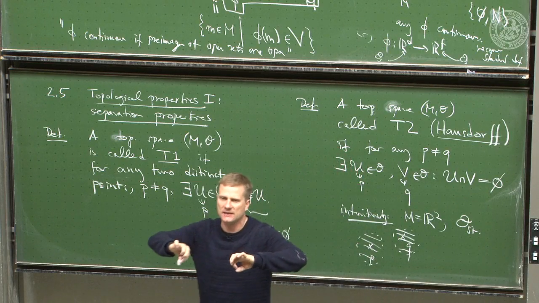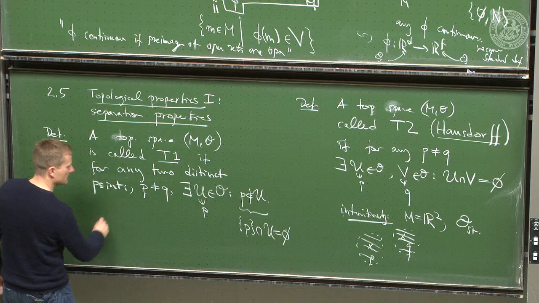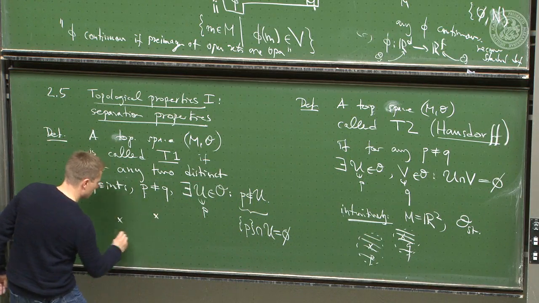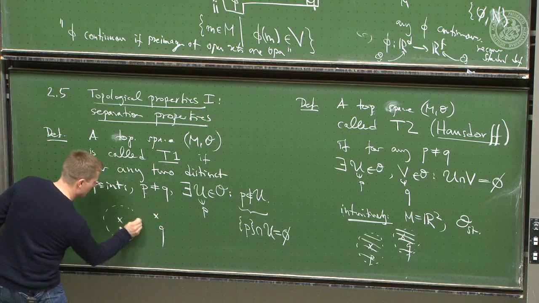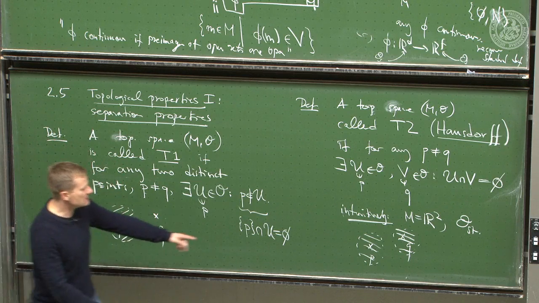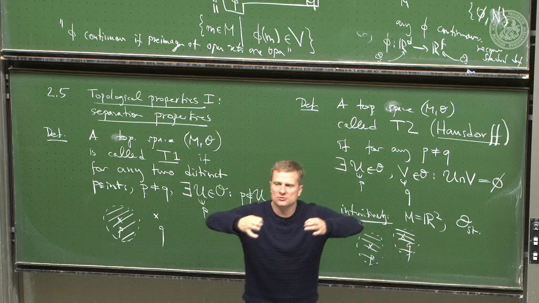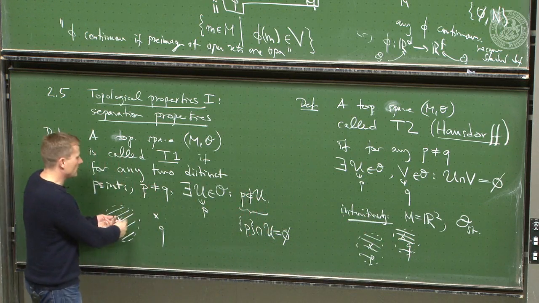It's a separation axiom. Now, the T1 property is for any two distinct points, P and Q, you always find an open set around P such that Q doesn't lie in there. You see, this is stronger. Here you need two clouds around each point, two open neighborhoods. Here you need only one such that